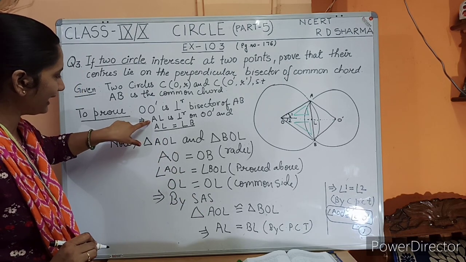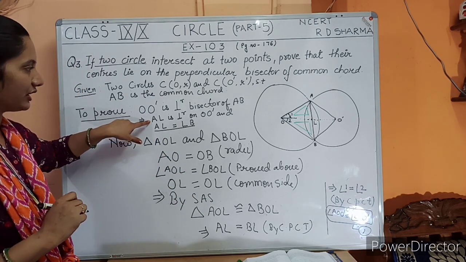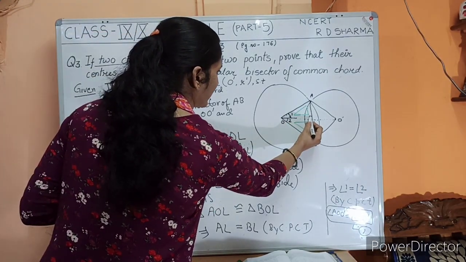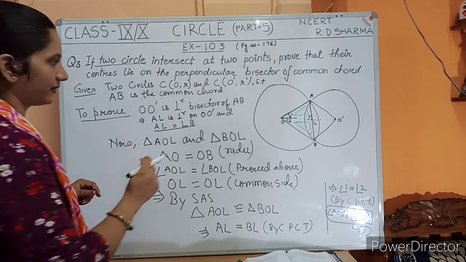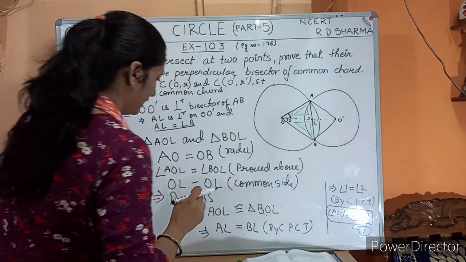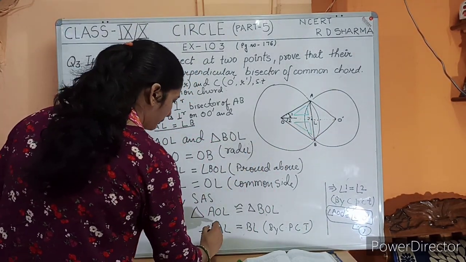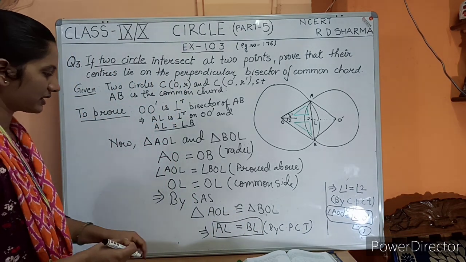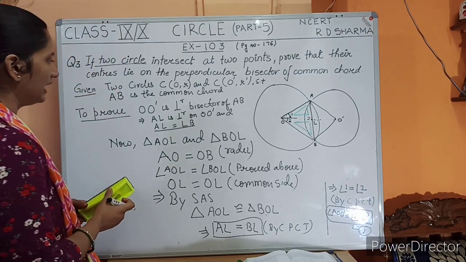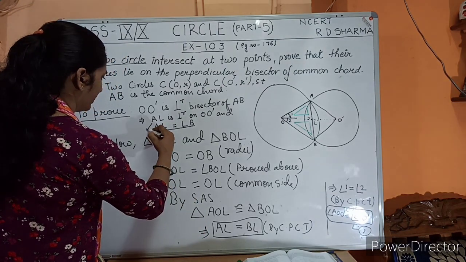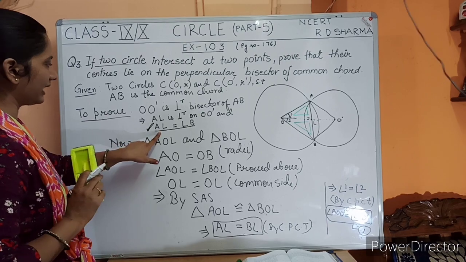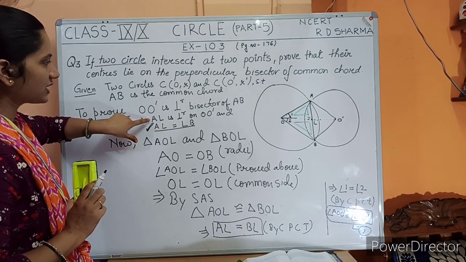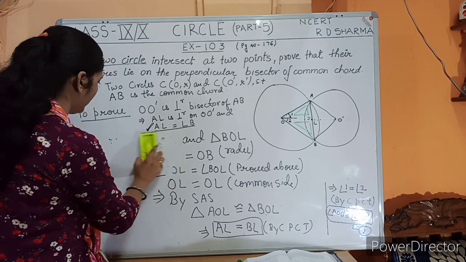Now we will prove that AL is the perpendicular bisector of OO dash, means this angle is 90 degrees. Now we will prove this thing. So let us see. You may note down, pause the video, note down till here, then we will continue. I'm just rubbing out. So we have proved this part of the theorem. ये part हमारा proof हो गया. That is AL is equal to BL. Now we will prove this one, that AL is perpendicular. So I'm rubbing.